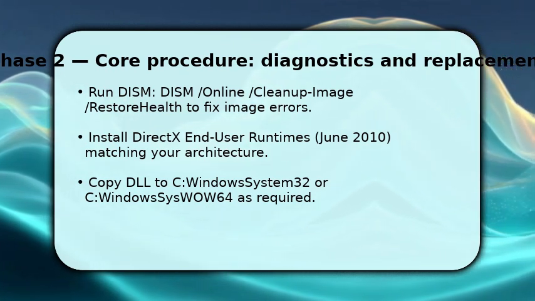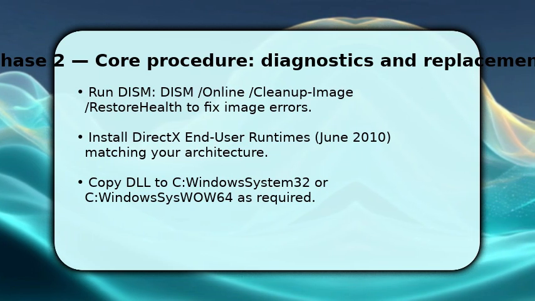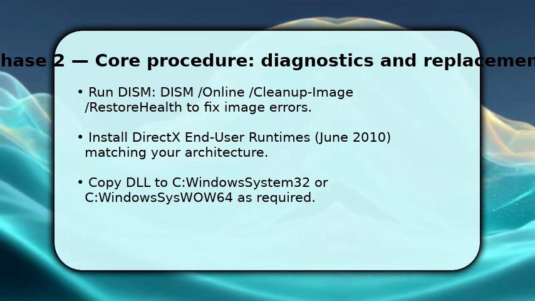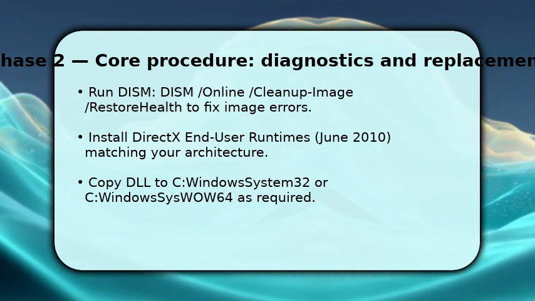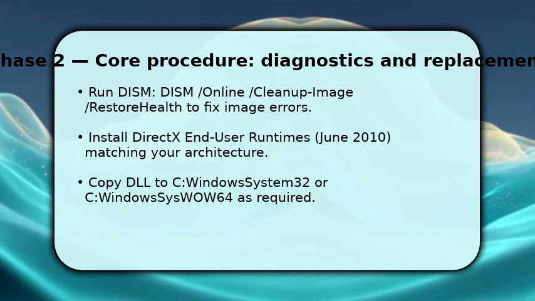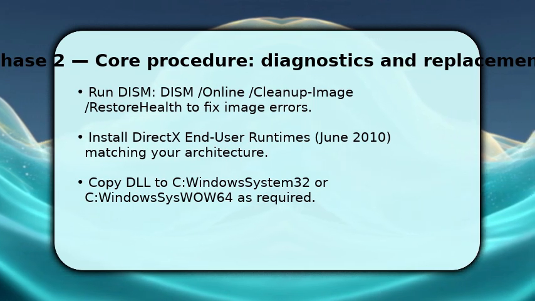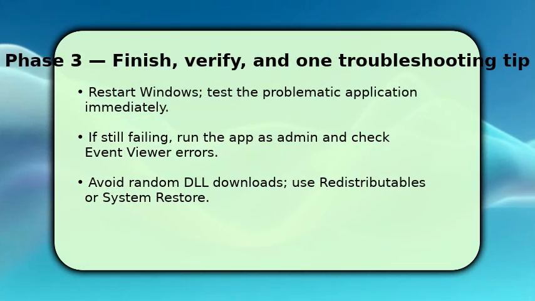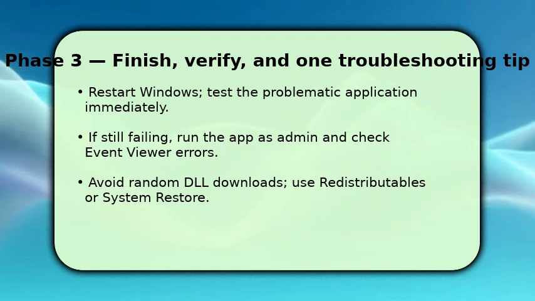If the installer doesn't place the DLL, copy the correct Zapovx15 DLL into C:/Windows/System32 for 64-bit system files or C:/Windows/SysWOW64 for 32-bit. Finally, restart Windows to ensure the new or restored DLL is loaded into memory, then launch the problematic application to